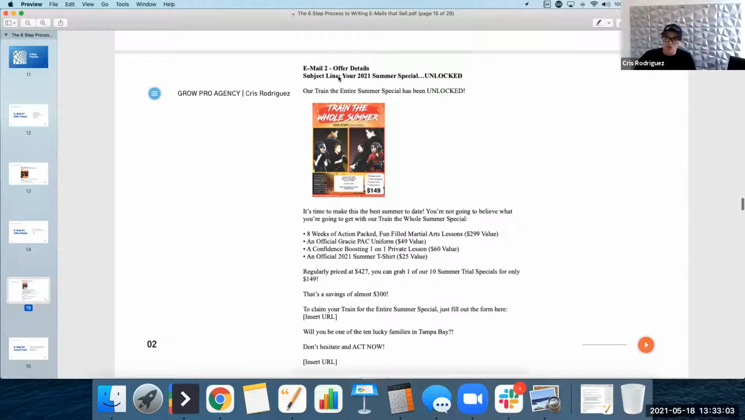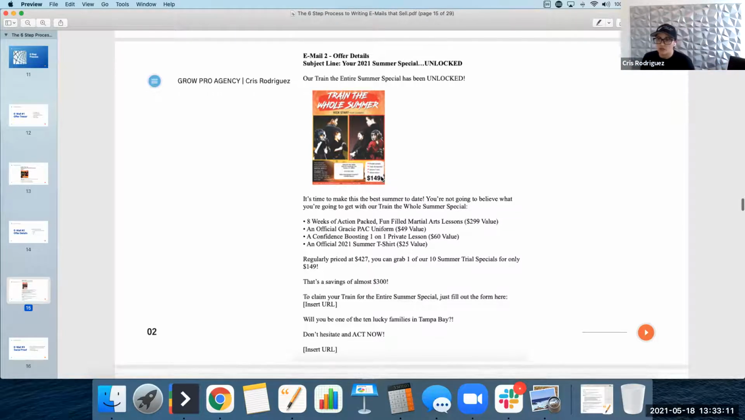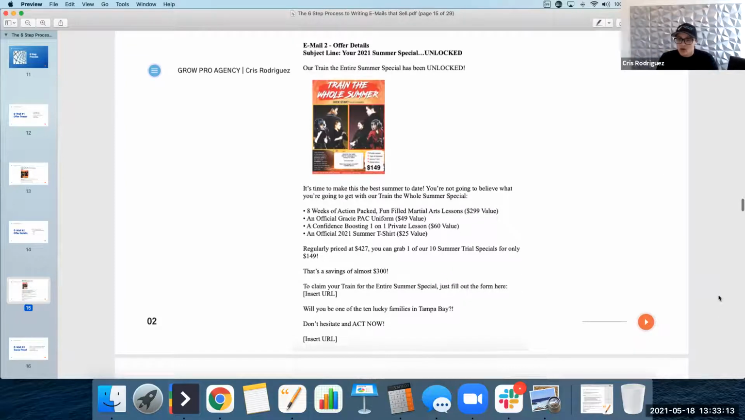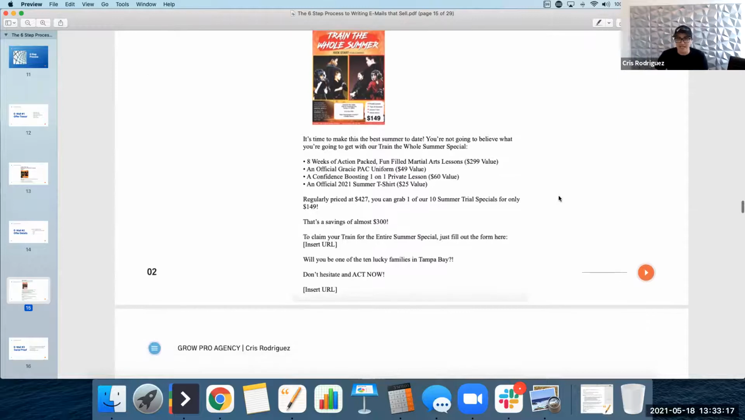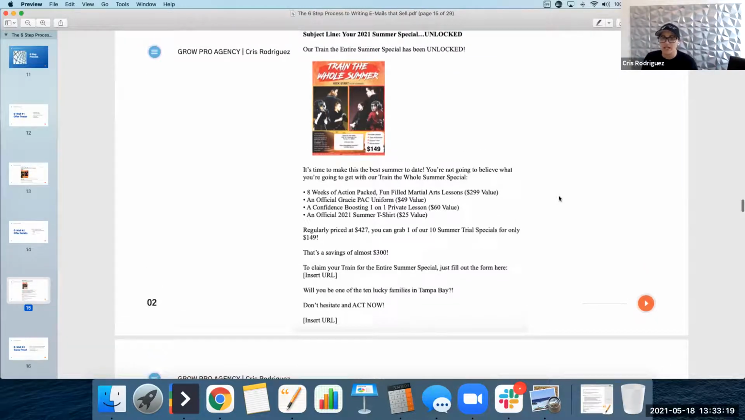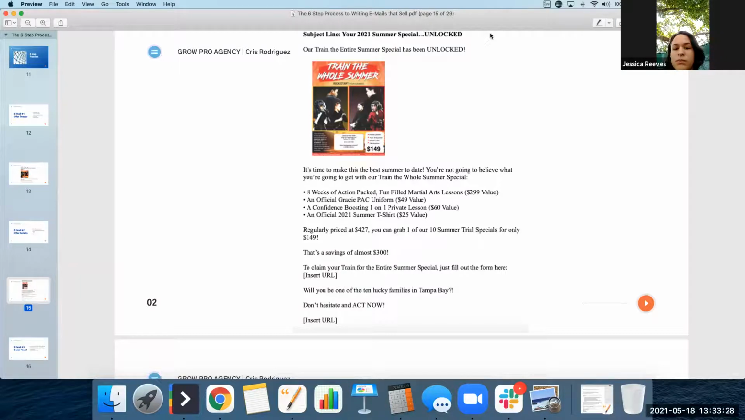I pulled another image in from Maya Edge, which has all of the information in regards to everything that they're going to get as well as the price. Okay. So it's time to make the best summer to date. You're not going to believe what you're going to get with our Train the Whole Summer special. I'm going to list each one of those, as if everybody could